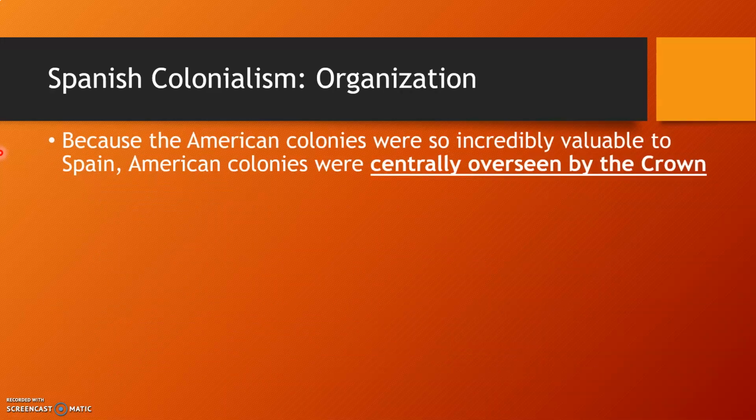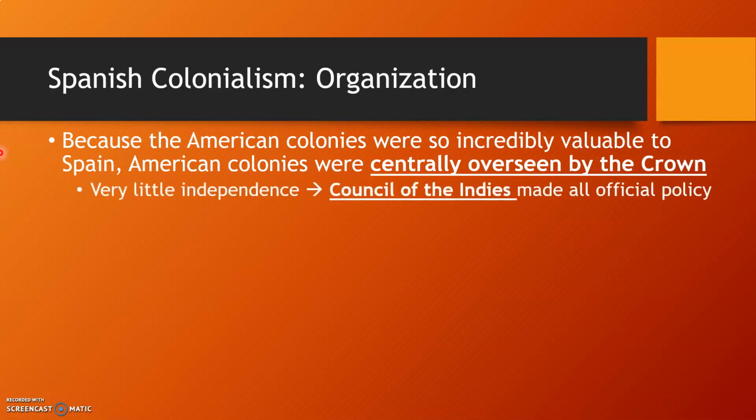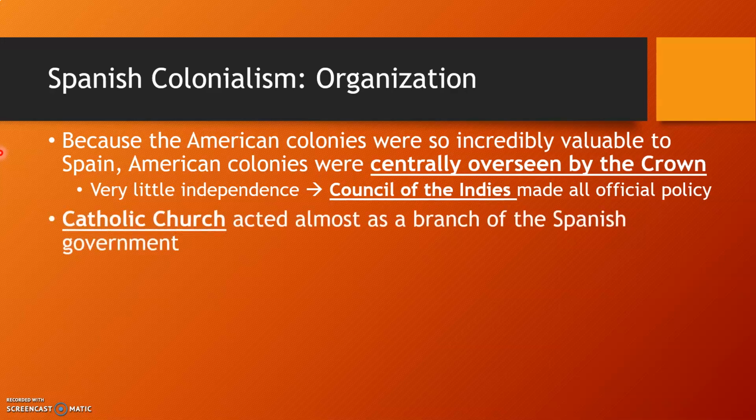Now, in terms of the organization of the colonies, in Spain there was a notion that the colonies were so critical to the Spanish crown and to the well-being of Spain itself that they had to be directly overseen all the time. This means that all Spanish colonies were overseen directly by the crown. No Spanish colony in Latin America had a great deal of independence, even though they were separated by the Atlantic Ocean from the mother country. They were led by something called the Council of Indies, and it laid out total policy about how everything would work in Latin America.